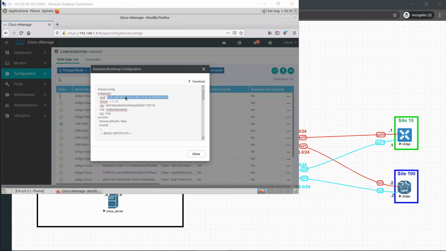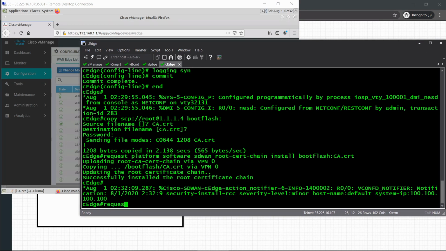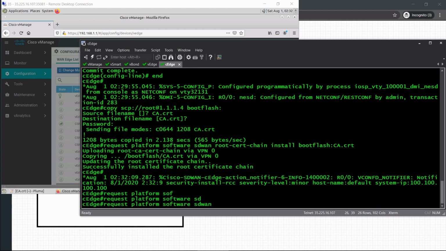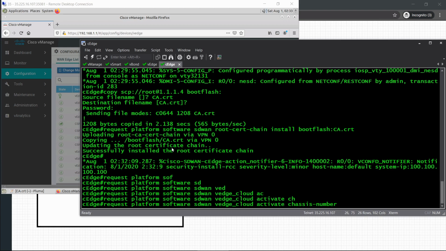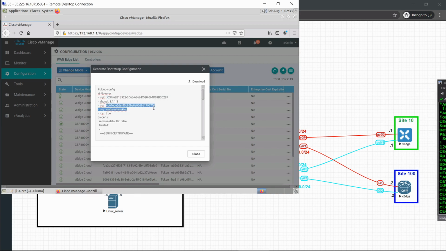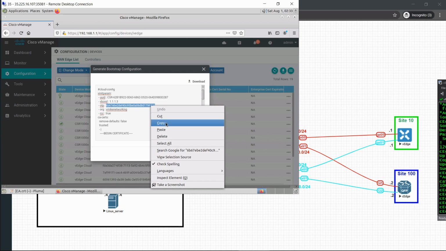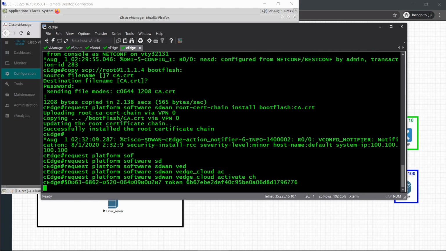So I'm going to move this out to the side, copy this, bring the cEdge back up, and type in request platform software SD-WAN vEdge cloud, activate chassis number, paste the UUID in, space token, and then we're going to paste in the one-time password. So I'm going to select all this, copy, bring this back up, enter the token, give it a few moments, and then we are now going to configure